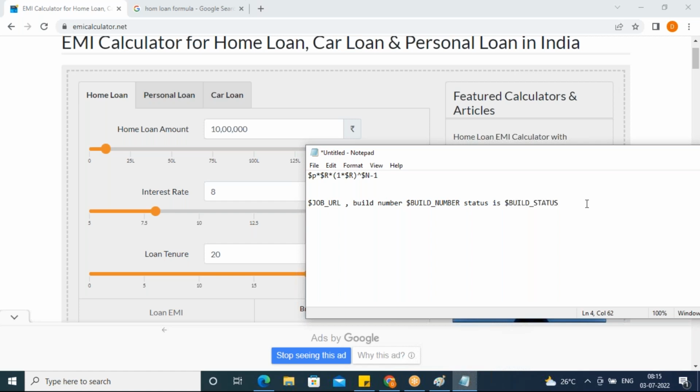This is one example of why we need variables. Here there are different types of variables. Jenkins variables means Jenkins will create the variable. For example, this one I did not create, I haven't created this variable, and this also I haven't created. All this I will give you, that list of variables created by Jenkins. Next, user defined variables.